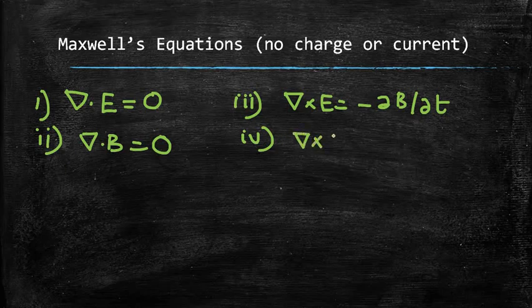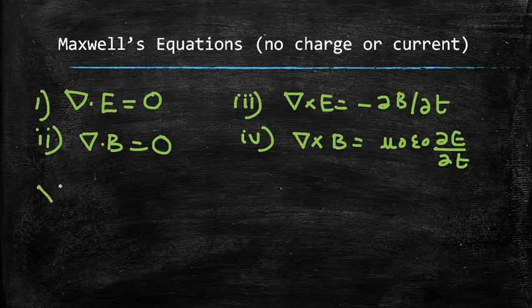That is, del cross B is equal to, so mu 0 J we will avoid because there is no current, so only mu 0 epsilon 0 dE by dt. The last term will only exist in regions where no charge or current is there. So with these Maxwell equations, our aim is to derive the wave equation. For that, let us look into equations 3 and 4.